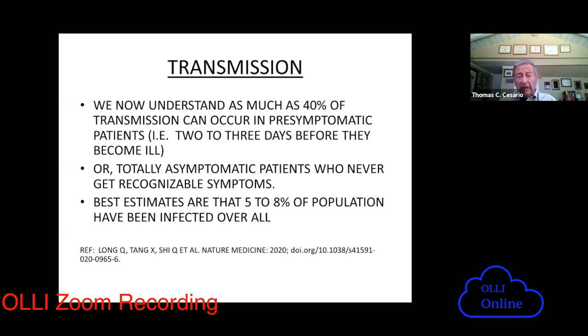So we also know that when we start actually tracking people down who are sick, they represent a fraction of all those who actually have been infected. And the best estimate is that for every person who we know is infected, there are somewhere between 5 and 10 out there that we don't know about. So when we say there are close to 5 million people in the US that we know have been infected, 4.5 million to be exact, we can say, well, probably the actual number is not 5 million, it's probably closer to 25 or 30 million that are out there that have actually been infected. Next slide.